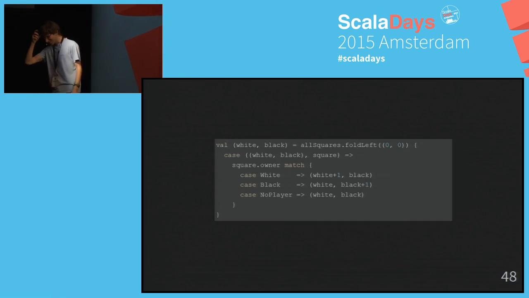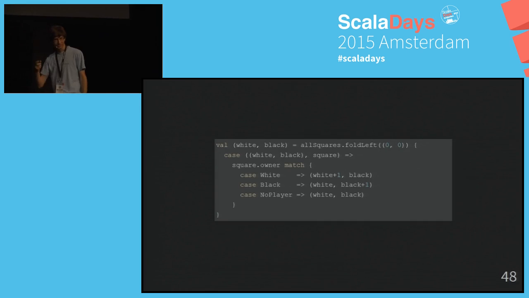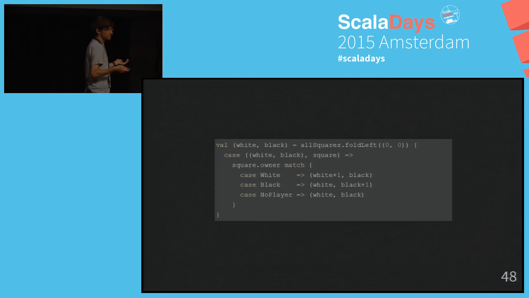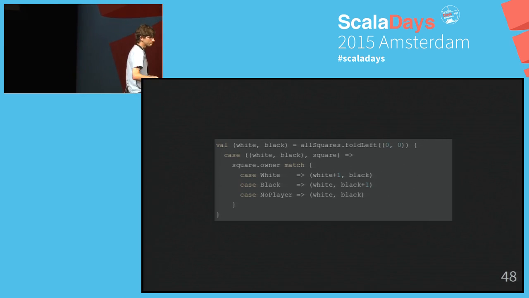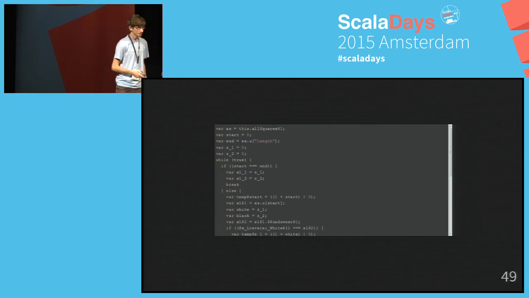So this is a fold left on an array with an accumulator, which is a tuple of integers. Inside, we have a pattern match, and depending on the player that's on the board, we increase the relevant part of the score.